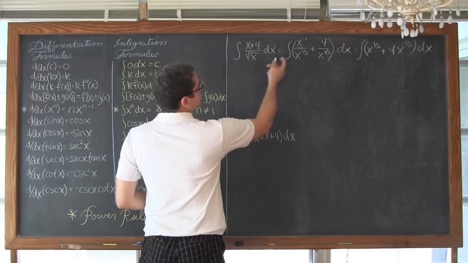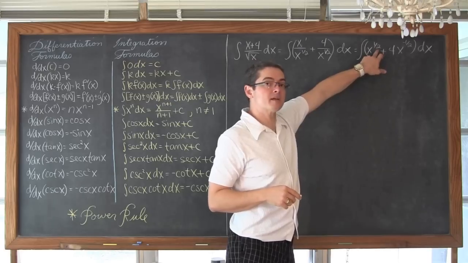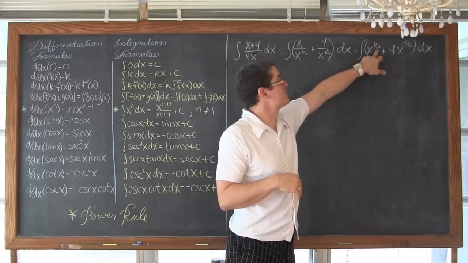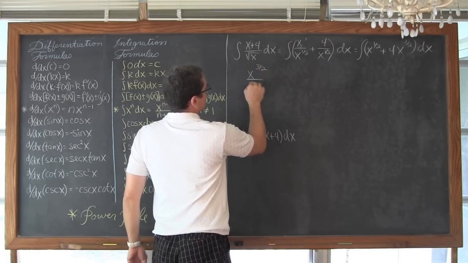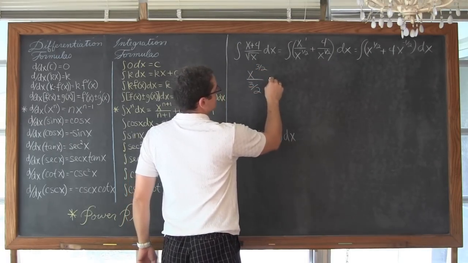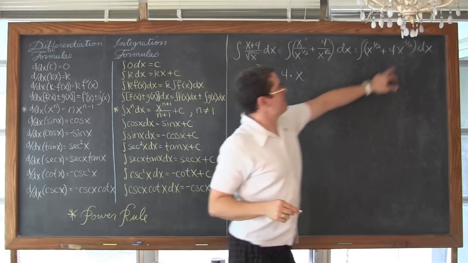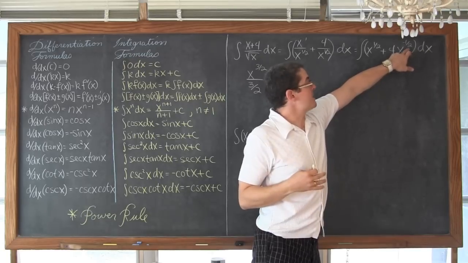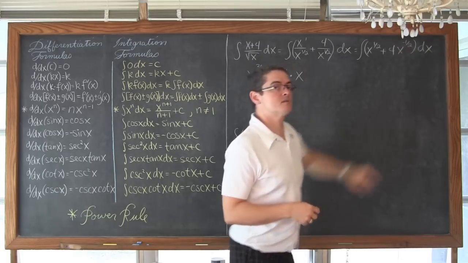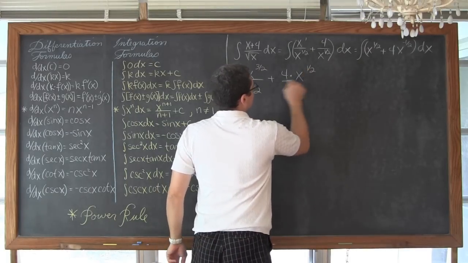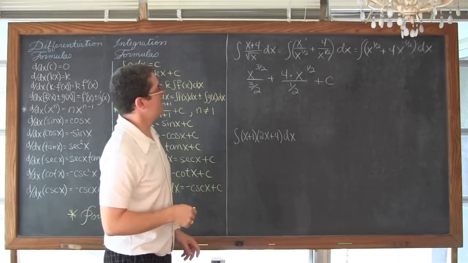So we're going to use the power rule on x to the 1/2 power. You increase that exponent by 1, so 1/2 plus 1 is 3/2. So we have x to the 3/2 power divided by 3 over 2, plus 4 times x to the, working on that second term, raise the exponent by 1, so negative 1/2 plus 1 is 1/2. And we're going to divide by that 1/2, plus our overall constant at the end.